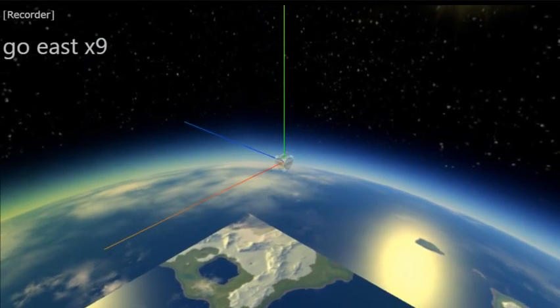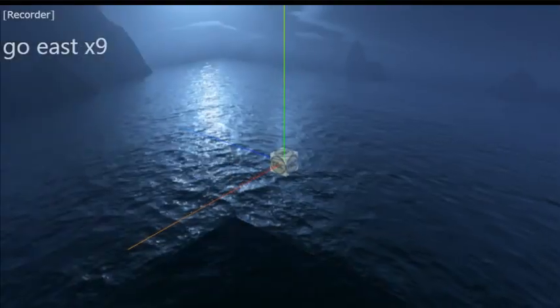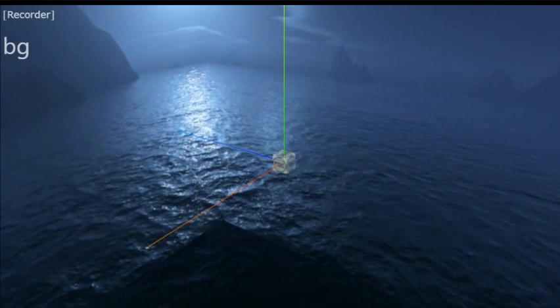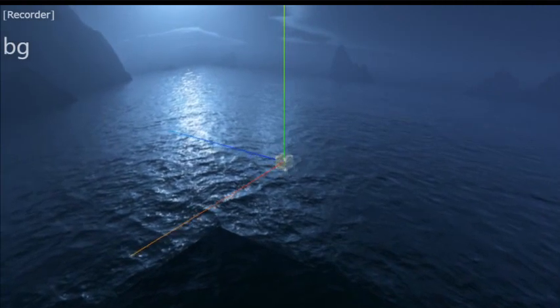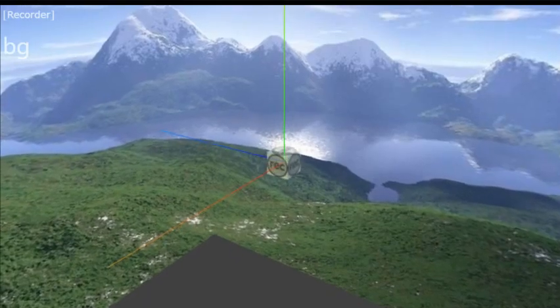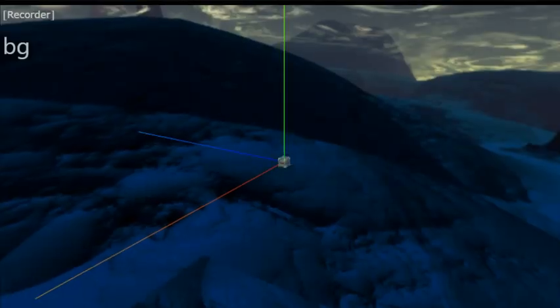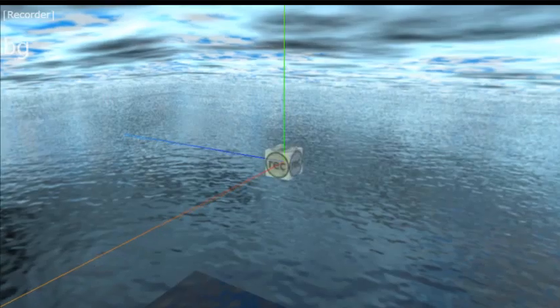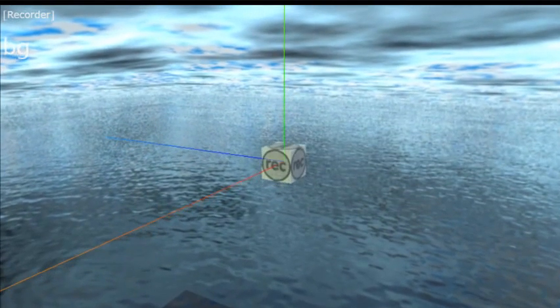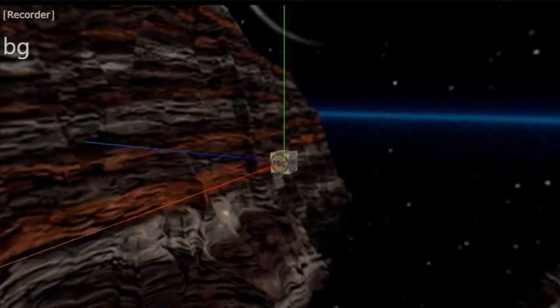Oh, another new feature. You can change the background. You just type BG, and it will change the background randomly. Every time you type BG, it will select a new random background. There's something like 30 of them in there right now, and there's going to be a bunch more all the time, and you'll be able to add your own. I've got some cool features planned for that. But the new feature here is that if you find one you like,